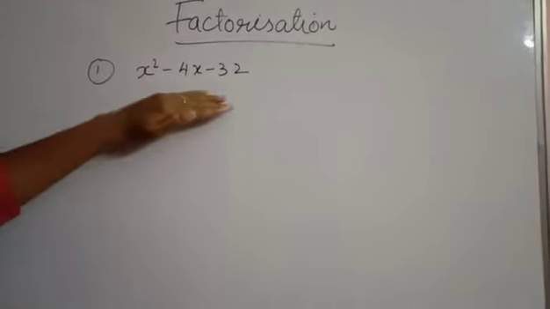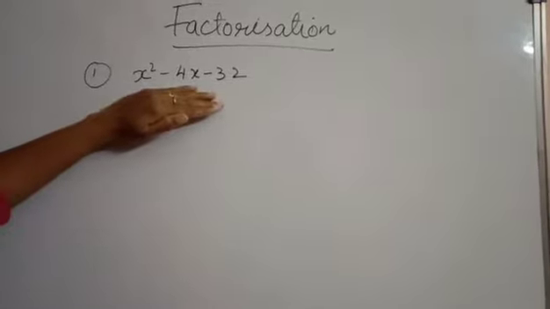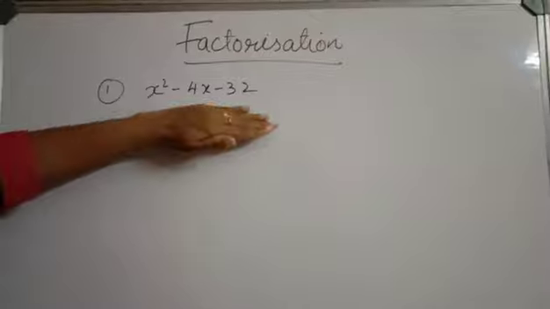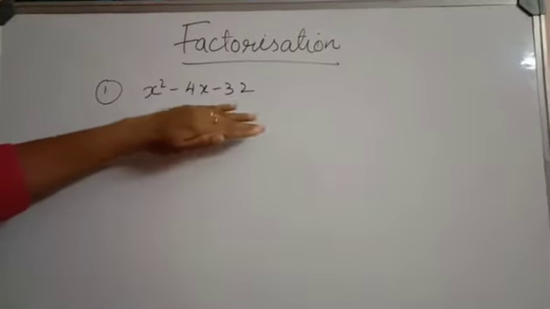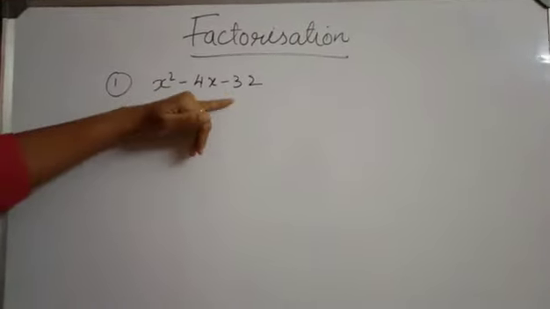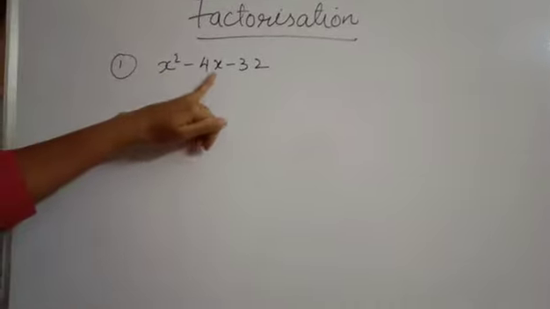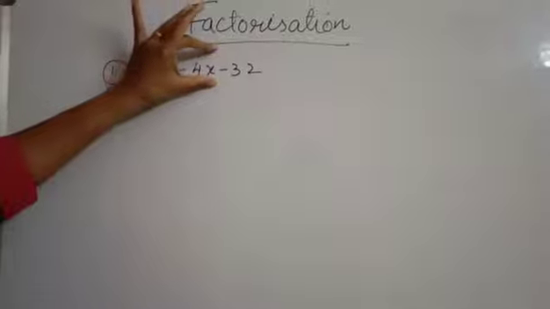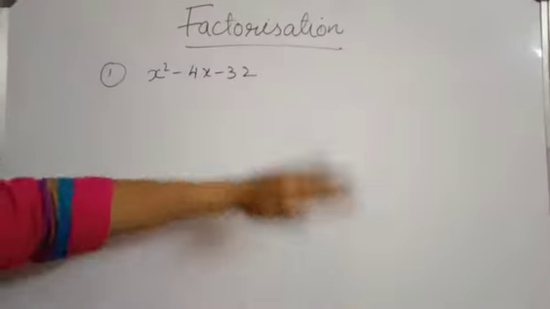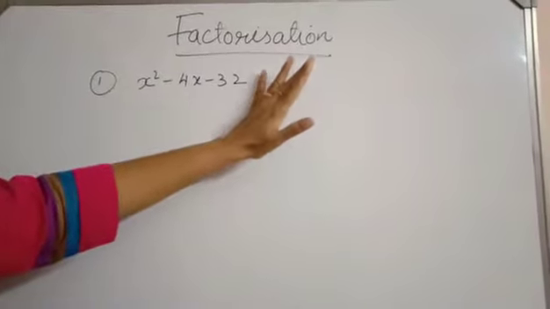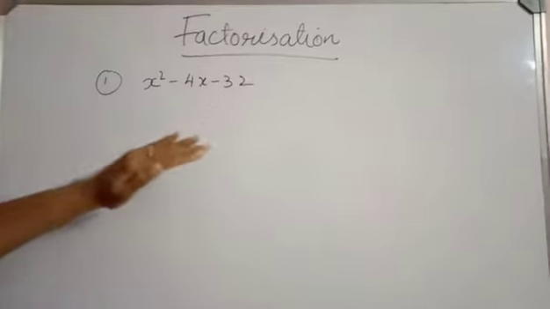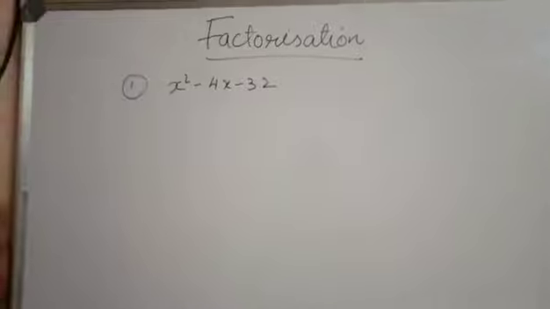And always remember one thing. Whenever you get an algebraic expression, this is a quadratic expression, you need to write it in the standard form. How to write in the standard form? You have to write the expression in the decreasing order of the powers of the variable. Here the highest power is 2. Here it is 1, and then finally there is no variable, that means the power of the variable will be equal to 0. Now it's already in the standard form.